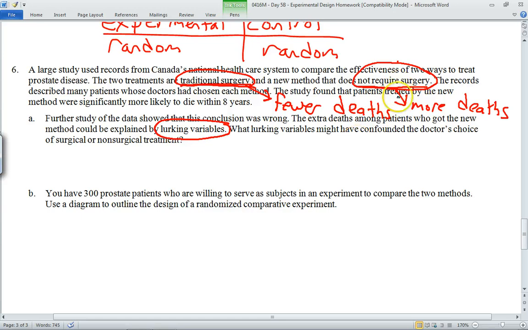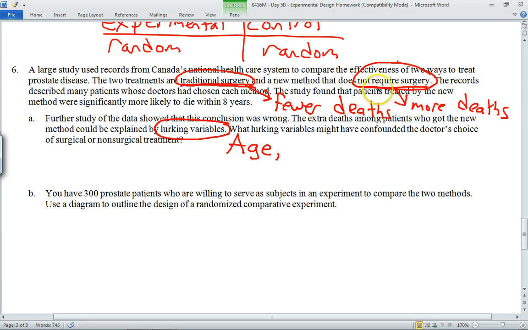If you have a patient that's really old and they're fragile, surgery is a lot more dangerous on an older person than it would be on a younger person. So I'm just going to list this down. Age could be a lurking variable